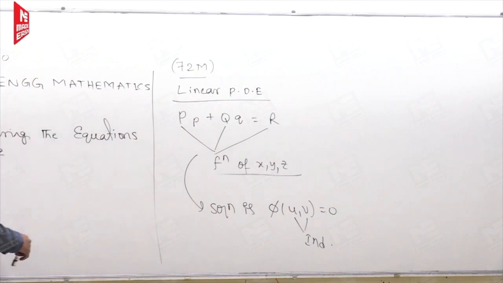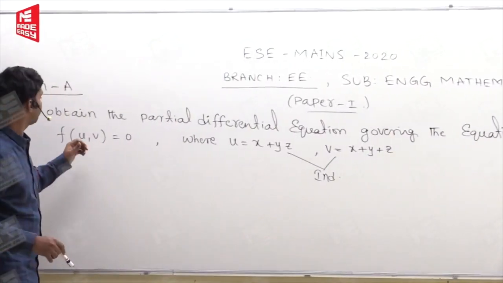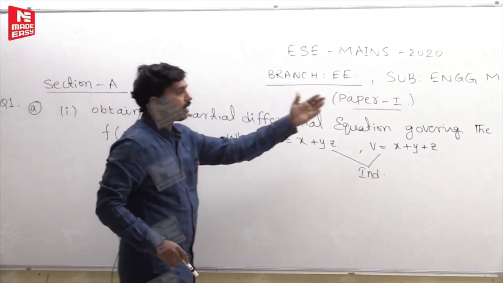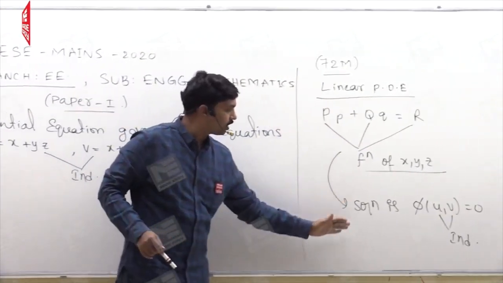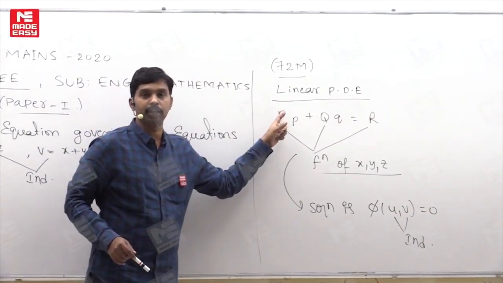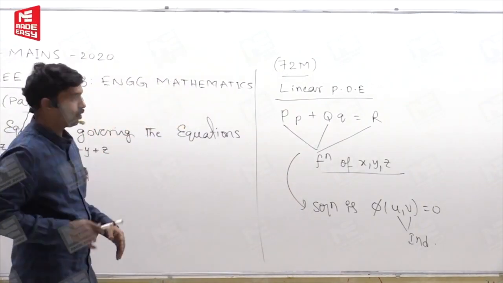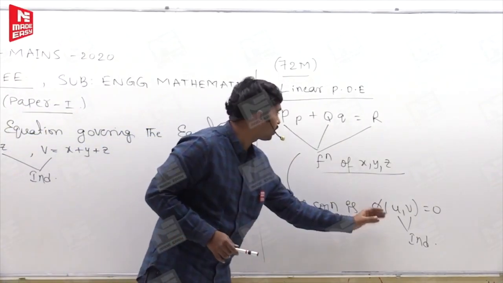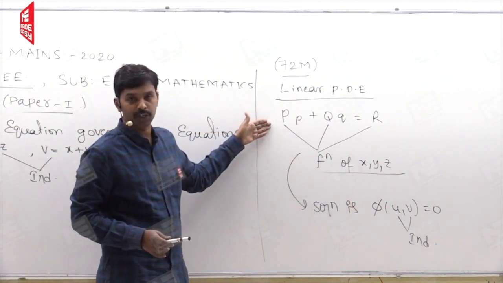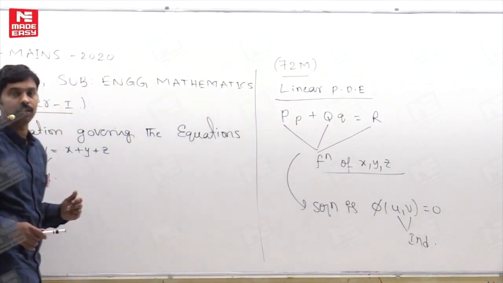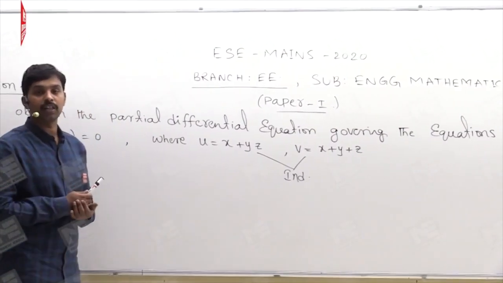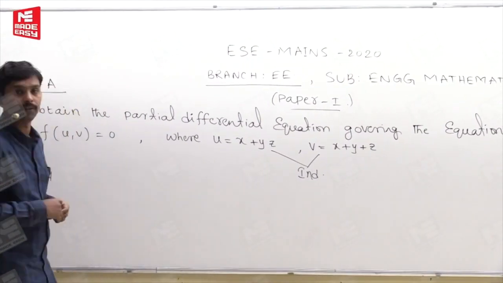Here, this is the differential equation and this is the solution if you solve this differential equation, correct? But here it is asked completely in reverse. He has given the solution and is asking for the respective partial differential equation. So what is the procedure for that? That we will see here.